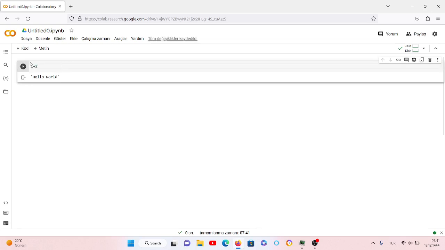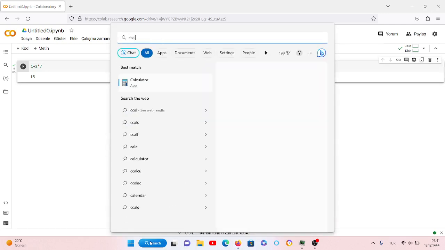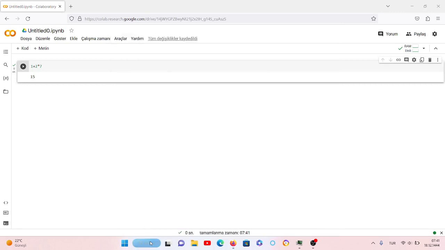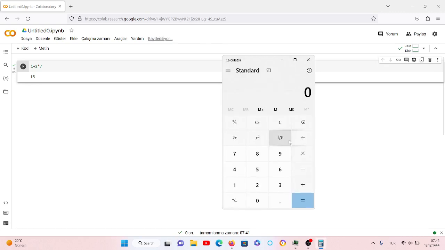Or 1 plus 2 multiplied by 7 divided by 6. No. It's 50. Yes. Let's check it. Oh, I sound like an idiot for opening this because I already know how to do it. I already know what this is. It's 15, but